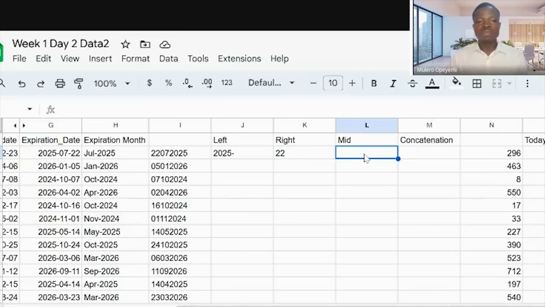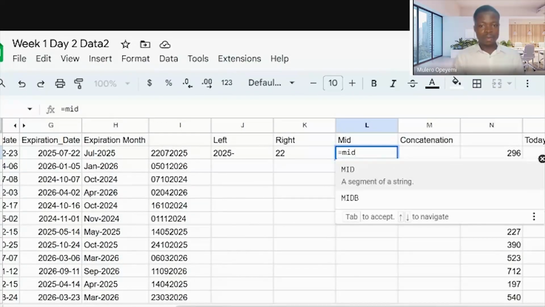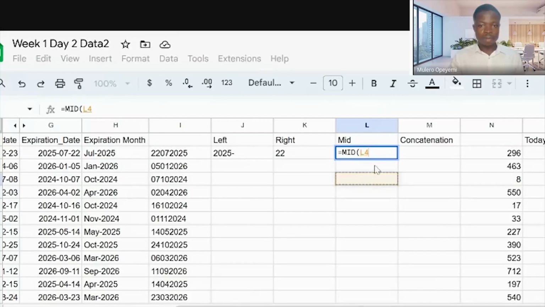Mid means from the middle, starting from maybe the second character or the third character, then return maybe 3 more characters. So let's do it. Equals mid. For this, I want 07.